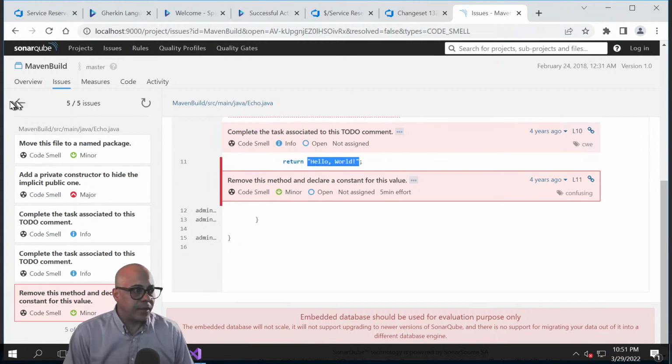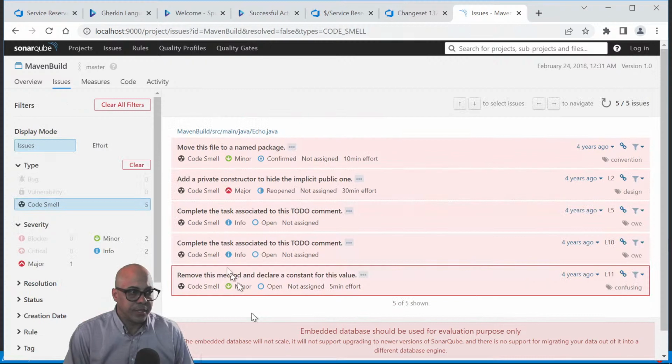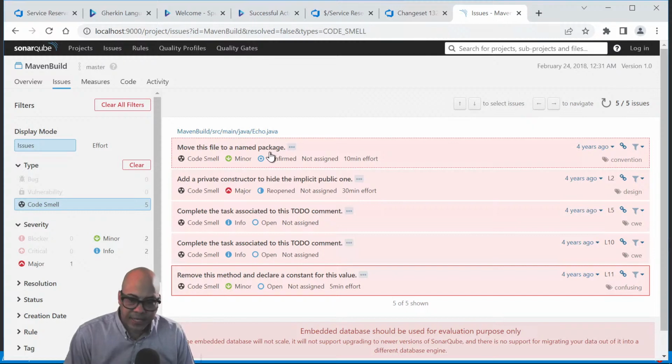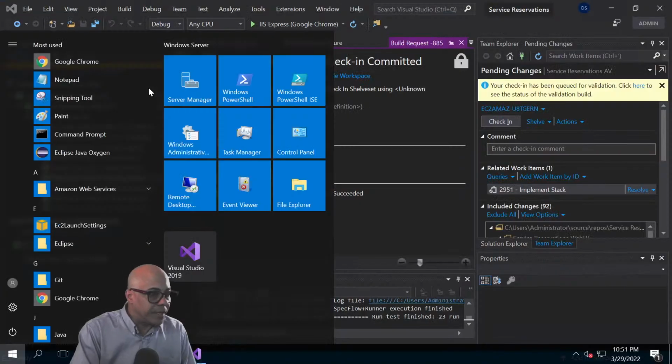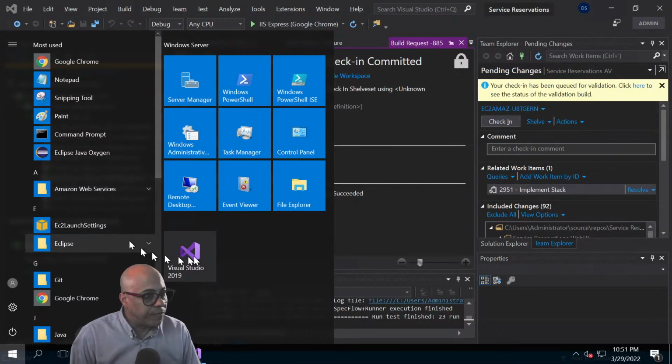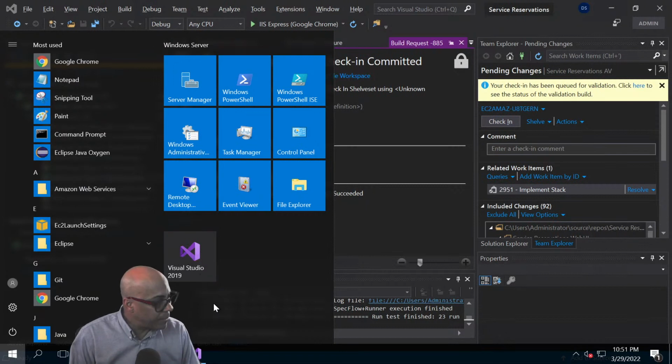All right, anyway, moving right along. The idea here is that code smells, things that aren't necessarily syntax errors or compile errors or failed tests, will be caught by the static analysis tool. Now, again, I don't want to spend a lot of time on this, but we've got a little extra time here. We've got about another 45 minutes before somebody has a hard stop, and we don't have that many slides left. So let's take a quick peek in Eclipse.